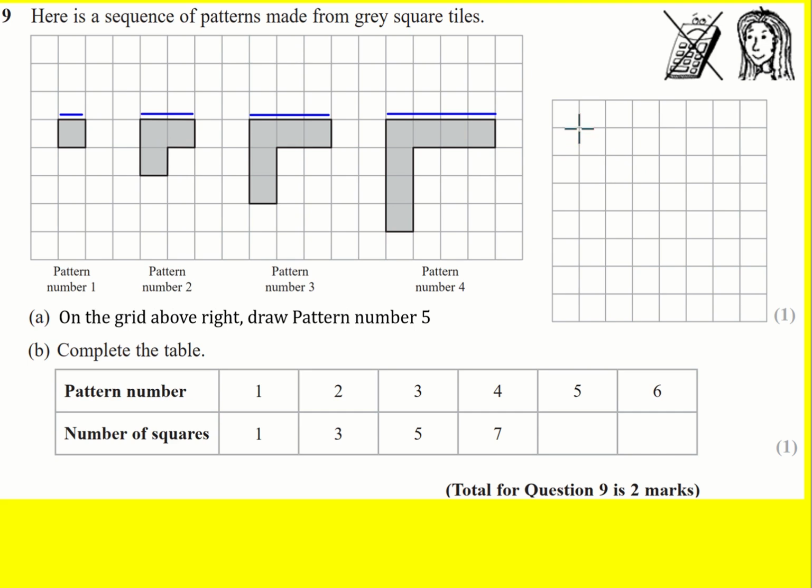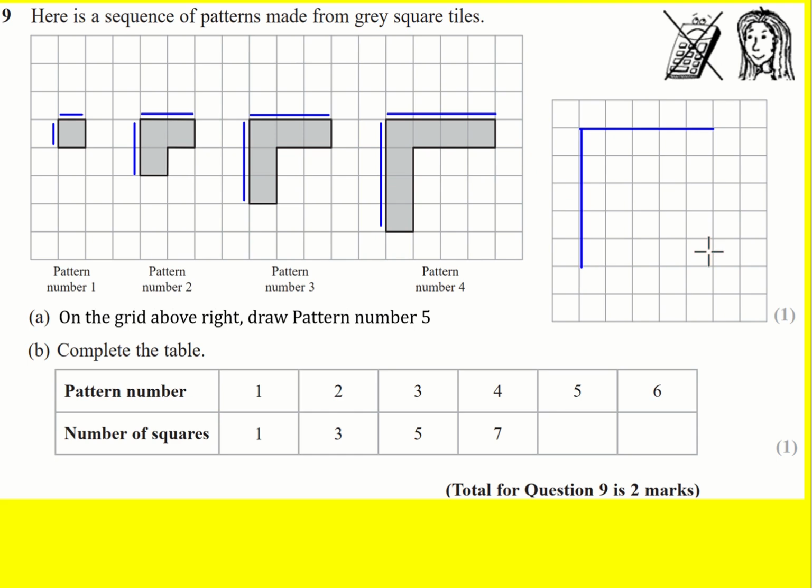Give yourself plenty of room. So a little bit in from the edge and the top, I'm going to go 5 across, okay? The pattern is pretty consistent there. It's going up 1 each time in a horizontal direction. Let's have a look at vertical. So it's going down 1 in pattern 1, down 2 in pattern 2, down 3 in pattern 3, and so on. You're getting the idea, I'm sure. So it's going to go down 5 in pattern 5,